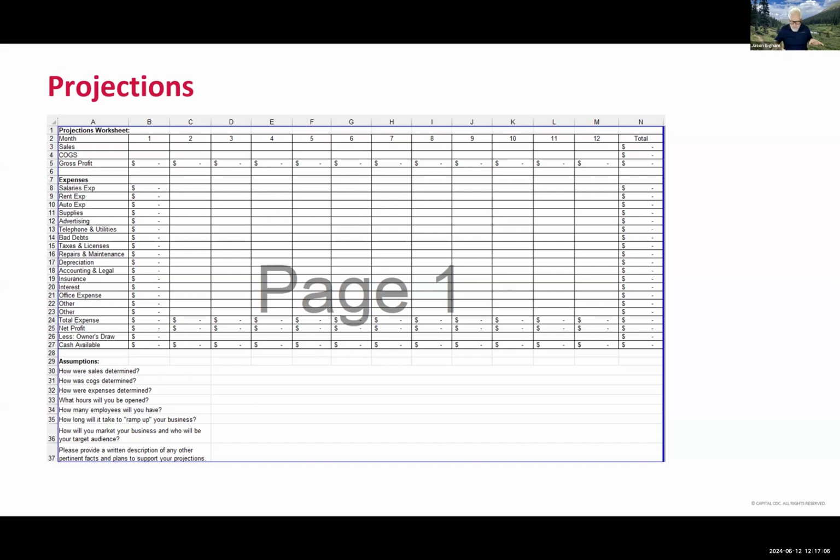Depreciation is a kind of make-believe expense. When your business buys assets, the government allows you to depreciate, or take a fraction of the value of those assets as an expense every year, in order to make up for the fact that those assets will lose value over time, right? That's what we mean by depreciation: the amount of value that's lost on assets that you own. And other expenses, all the way down to